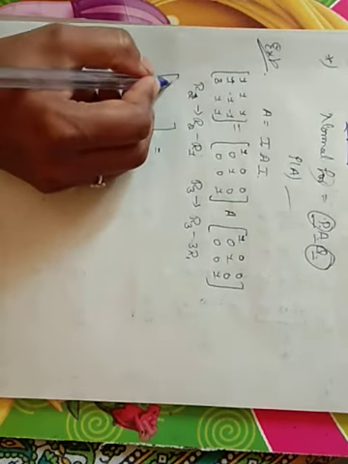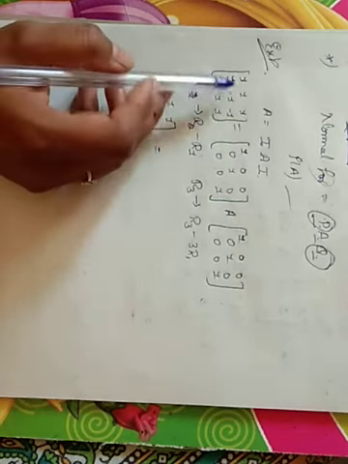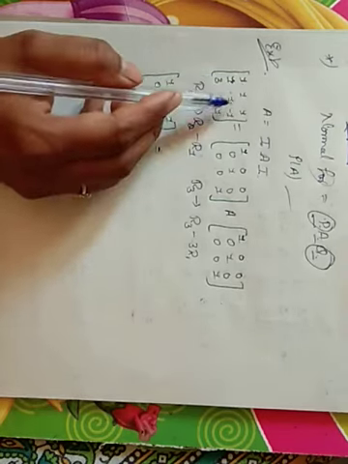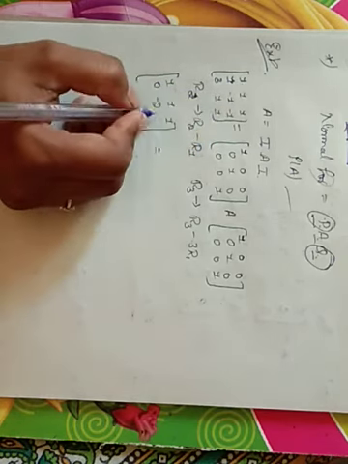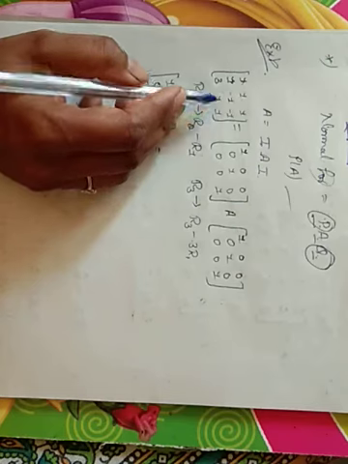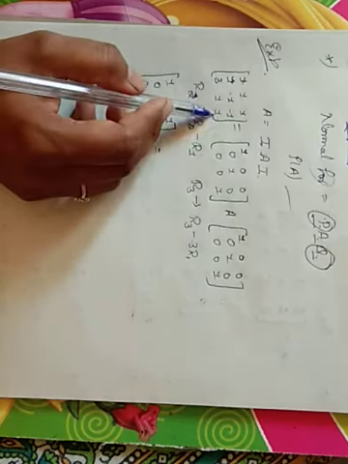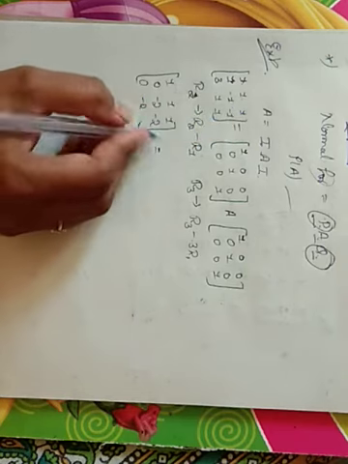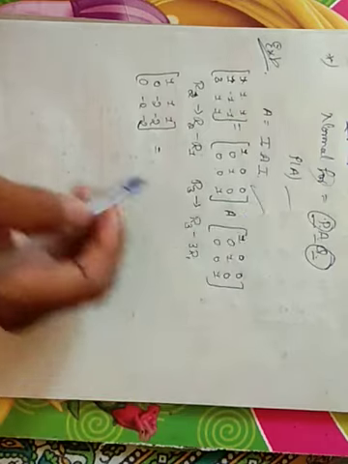1 minus 1. First write the first row as it is. 1 minus 1, 0. Minus 1, minus 1, minus 2. Minus 1, minus 2, minus 2. 3 minus 1 into 3, 3 minus 3, 0. 1 minus 3 into 1, 3. 1 minus 3 is minus 2. 1 minus 3 into 1, 3. 1 minus 3 is minus 2. So the row transformation is applied only for this matrix.